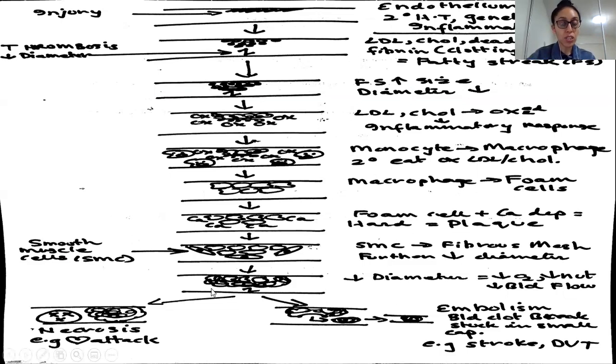So what happens in arteriosclerosis? As you know, it happens in the coronary artery, the main artery that supplies blood to your heart. The inner wall of the coronary artery is called the endothelium, and this inner lining gets damaged. The injury, which I have shown with these abrasion signs, is the endothelium wall getting damaged. And how does it get damaged?